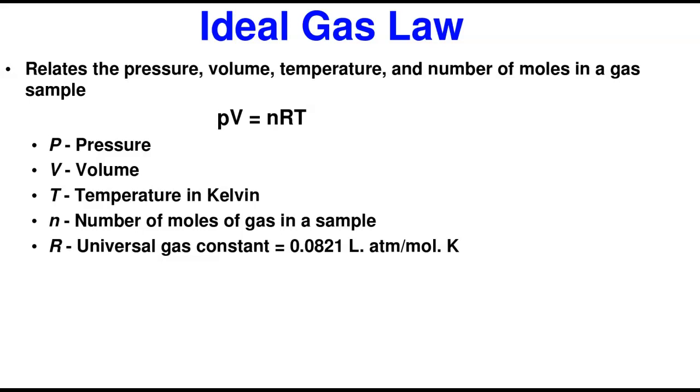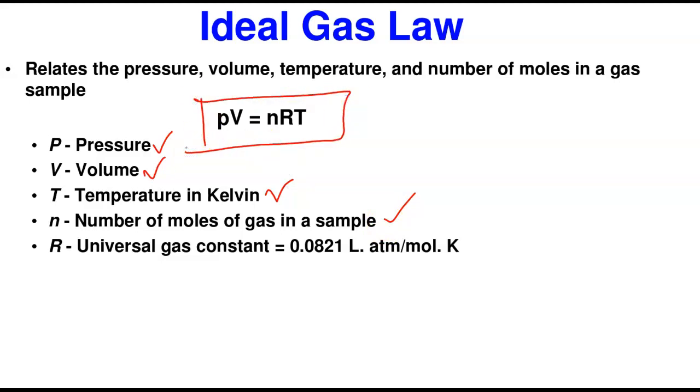The ideal gas law relates, remember, in all these gas laws we said there are 3 parameters we need to talk about: the pressure, the temperature, and the volume, which have been addressed in the 4 previous laws we talked about. Now, the ideal gas law is the one that has the relationship between the 4 of them. So in this law, the relationship between the pressure of a gas, the volume of a gas, the temperature of a gas, and the number of moles of gas are brought together in what we call the ideal